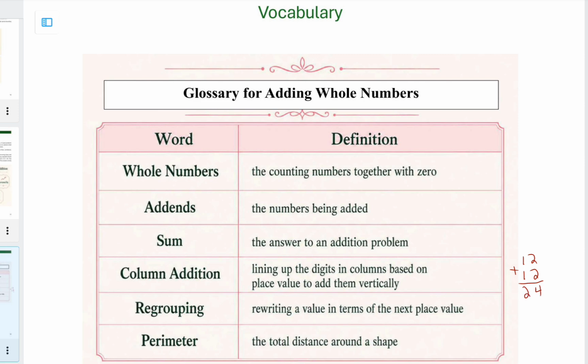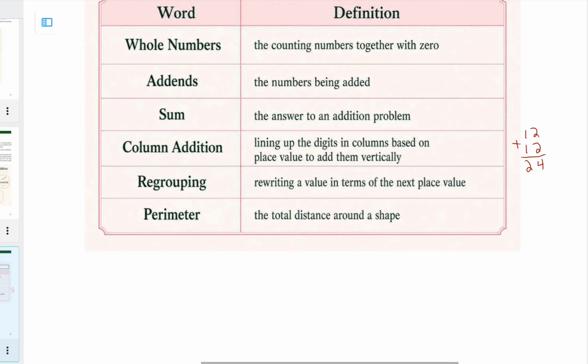Regrouping is rewriting a value in terms of the next place value. So that would be like if instead of 12 plus 12, you had 15 plus 16. 5 plus 6 is 11. Carry the 1. 1 plus 1 plus 1 gives you 3 for 31. Carrying that 1 is what we're calling